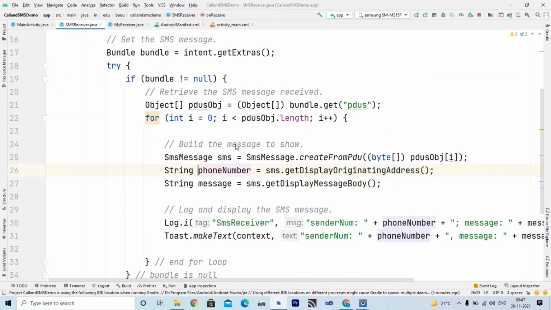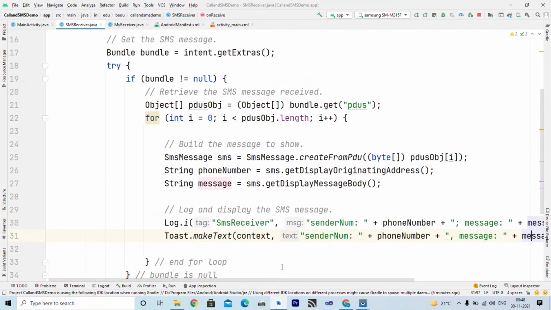I have stored that inside phoneNumber, meaning who is the sender of this SMS, right? And using SMS dot getDisplayMessageBody, I can get the actual message inside this string. After that, I display the sender number and sender message inside the log window and toast, which we have already seen.